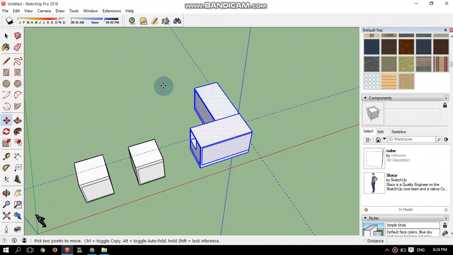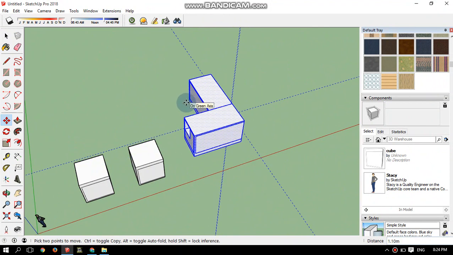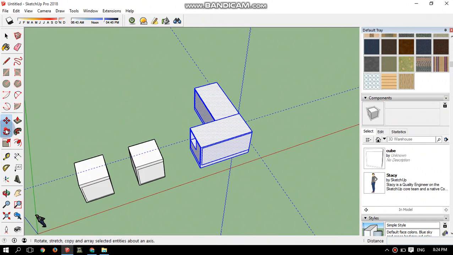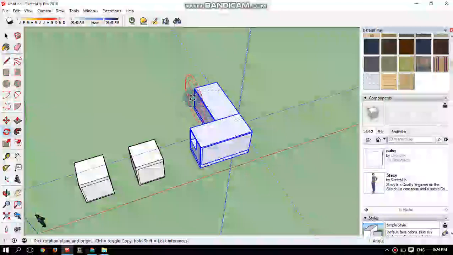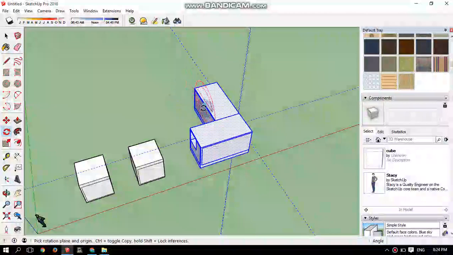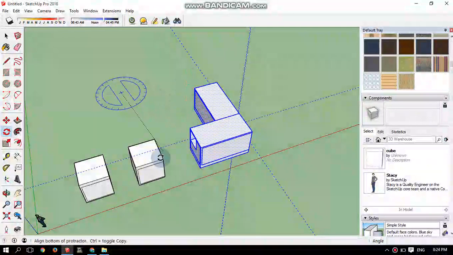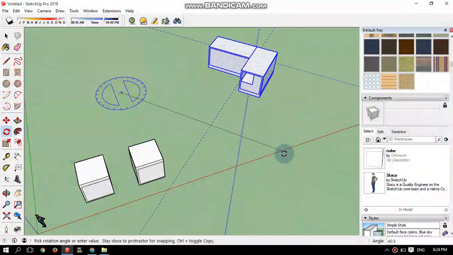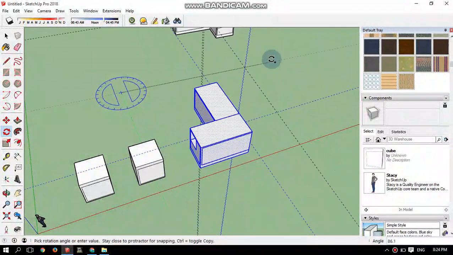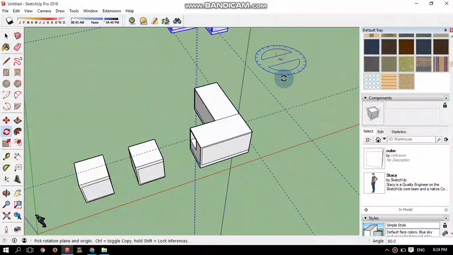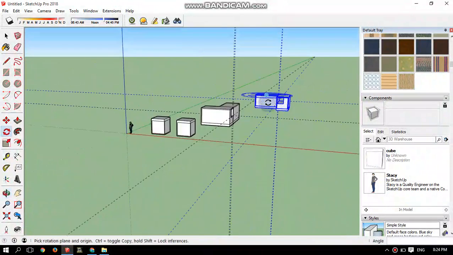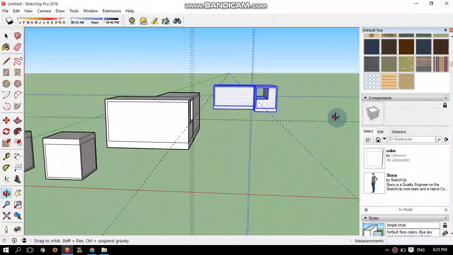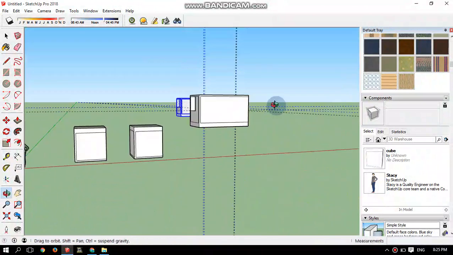Rotate it in the horizontal plane. So I will select a point here. Then I will select the axis, press Ctrl, and copy it. As you can see, I have copied the same object.